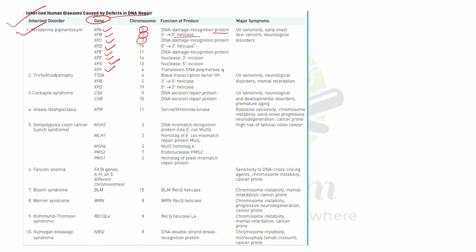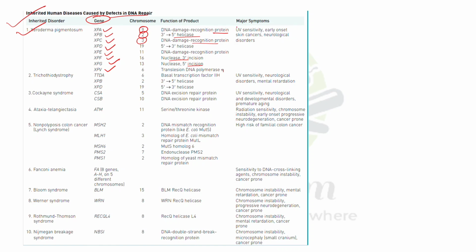XPC is responsible for DNA damage recognition, like XPA, and XPD has the same function as XPB, helicase activity. XPE also functions as a DNA damage recognition protein. Now, what is the function of the XPF protein? Nuclease, 3 prime incision, and nuclease 5 prime incision is XPG. So remember which gene is involved, the chromosome location, and the function of the product along with the